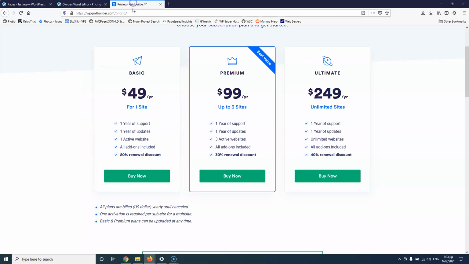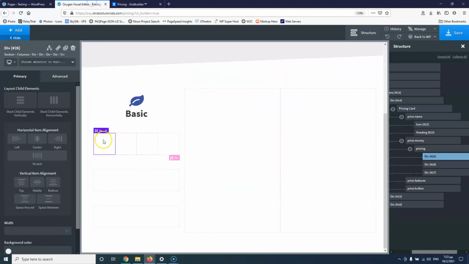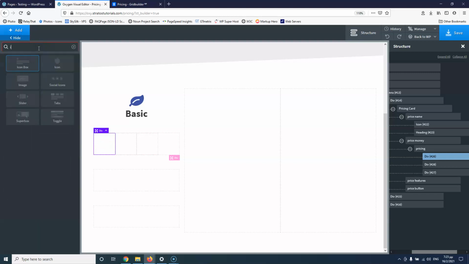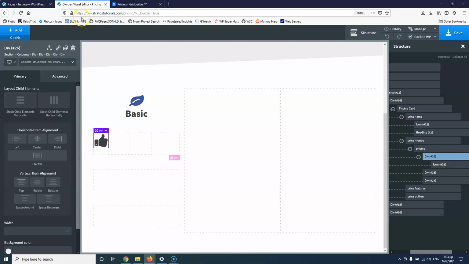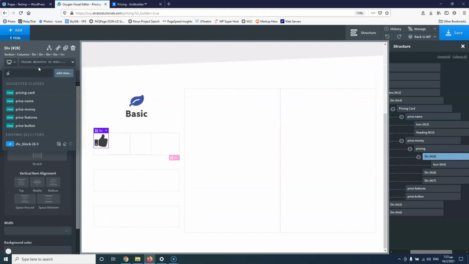And the first one, as you can see, is the $ sign. Now remember that these divs don't have a margin or a padding, don't have a height or a width, so you just basically can see them right here, but in the front end you will not be able to see them like that. So here I'm going to add an icon, which is the pricing icon. This div is for the dollar sign. So the div is pricing